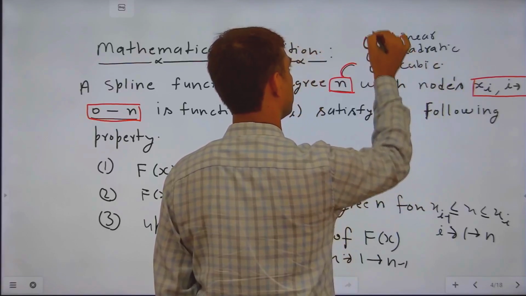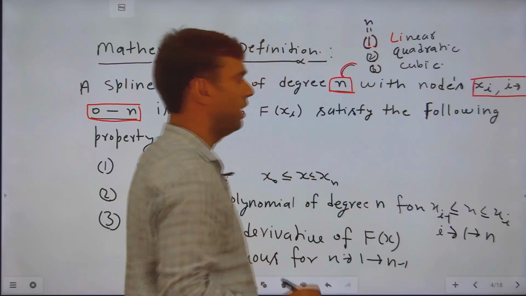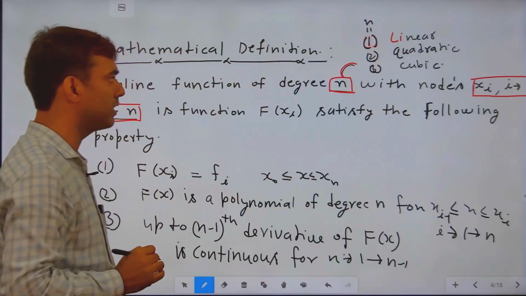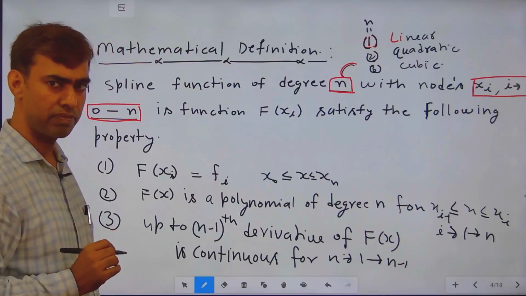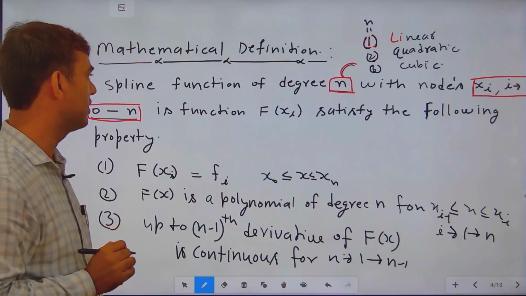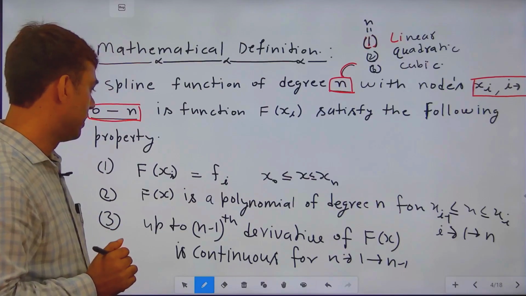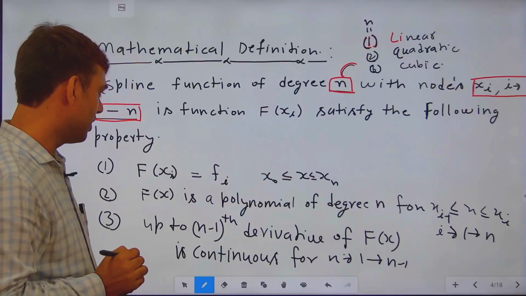So n equal 1, then linear spline function, n equal 2, then quadratic spline function, and n equal 3, then cubic spline function. So now the question is